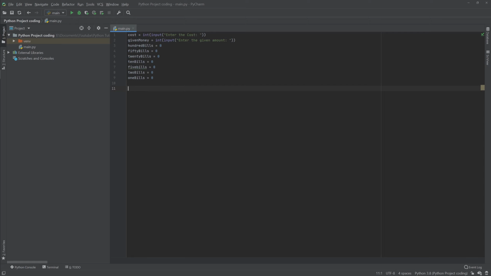Now I need to think about my algorithm. Okay, the first thing I wanted to do was to show the change, right? Calculating the change is actually easy. I'm just gonna make a variable and call it change, and that is going to be equal to the given money minus the cost. All right, and we actually wanted to print that out, so let's say print "the change is" change